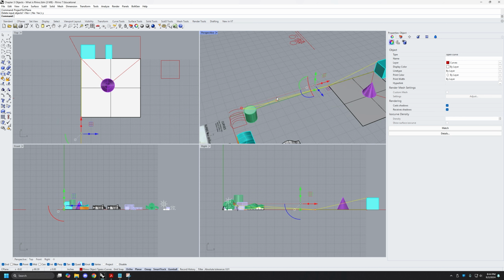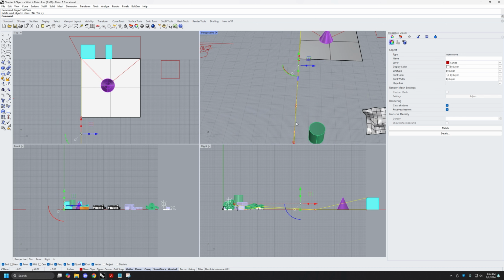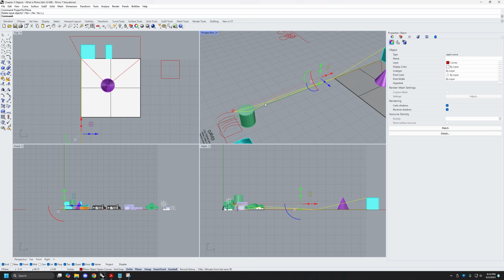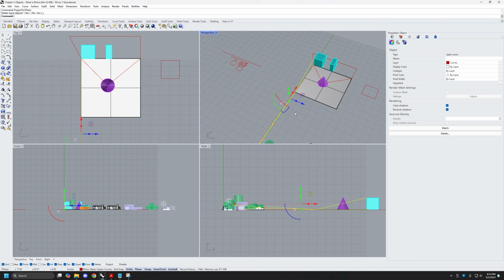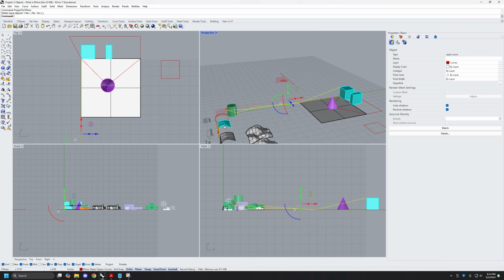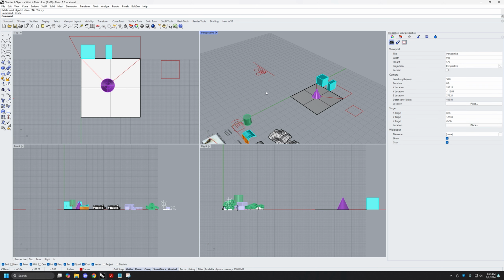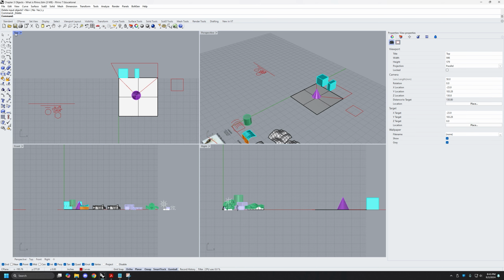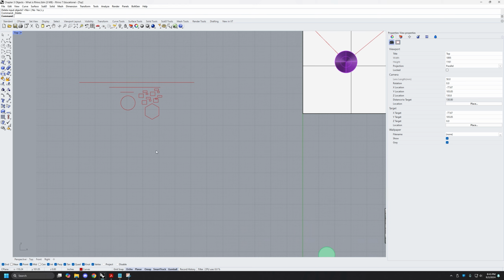And you'll notice that is on the y-axis, as if that was its own construction plane. So you just got to be careful what viewport you have active during that ProjectToCPlane command, as it will determine what C-plane your line work is projected onto. So just FYI, fair warning. Okay, I'm going to delete that for now. Okay, so I'm gonna go back to top view, and we'll do a little